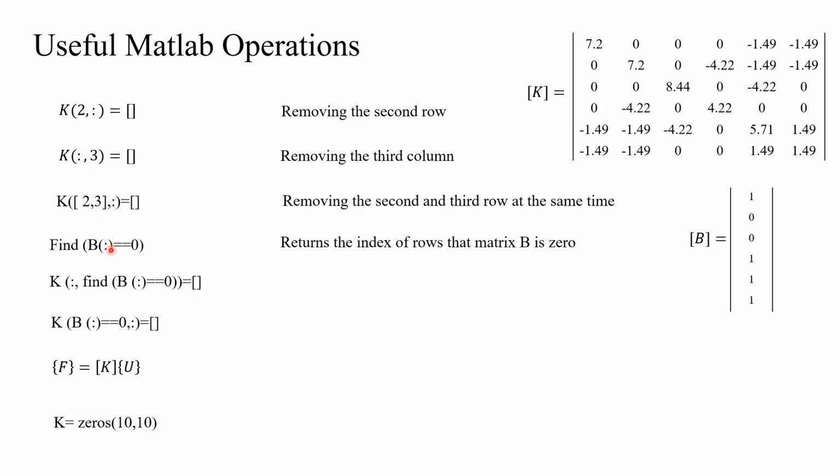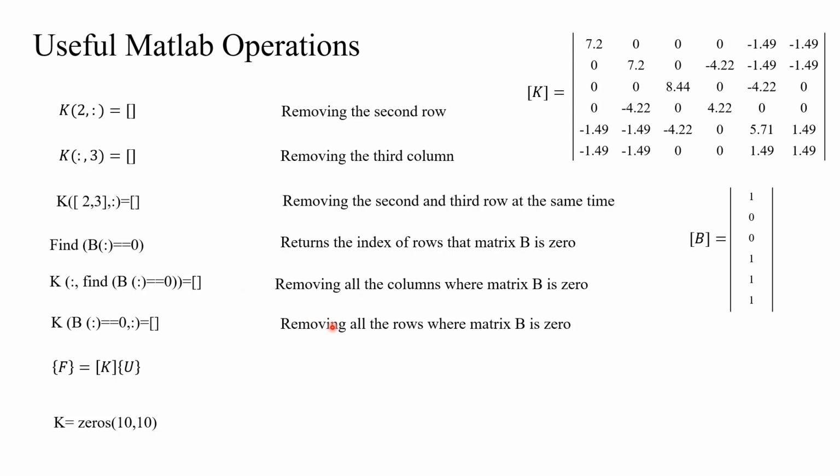Here we are finding the index where the rows of matrix B is 0. This is the condition saying that when we have two equal signs, whenever matrix B is 0, here everything is happening after the comma, so we are talking about the columns. So for all rows, when B matrix is 0, assign them to empty. This is just two brackets, so removing all the columns where matrix B is 0. Here is for the rows, so you can see you don't need to use find necessarily, Matlab just understands and